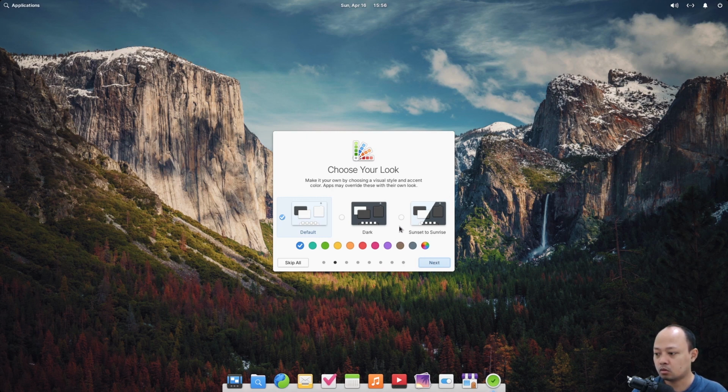I will try to click some of the colors. I think it affects the color of our theme. And then click Next.